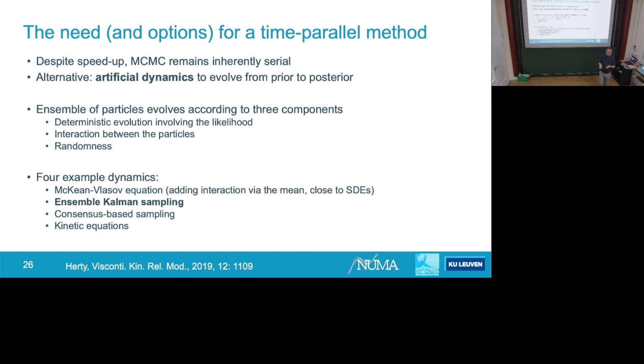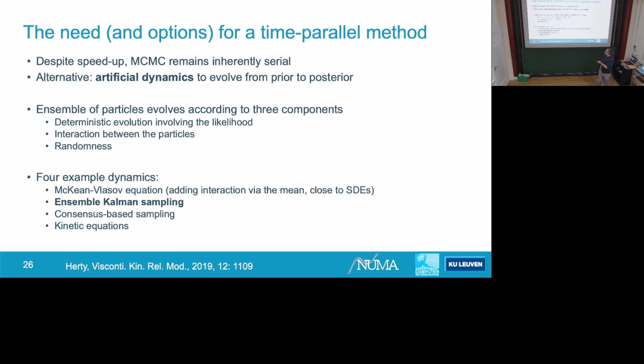Or if you want to sample, this is the opposite, you want to explore the whole phase space. Basically what you want to do then is that particles avoid each other so that they sample phase space. And then particles say, I'm already here, it's good here, but you search somewhere else, maybe you find something better. And this is the way that they interact with each other. And then there is some randomness to ensure that you don't lock into whatever local state you are currently in, just to make sure that you keep exploring.